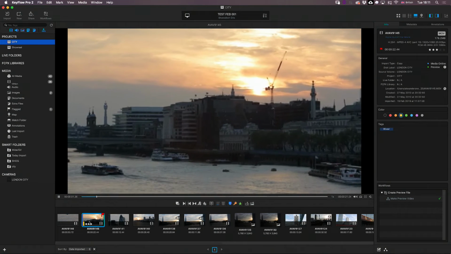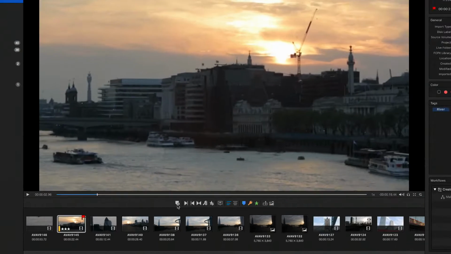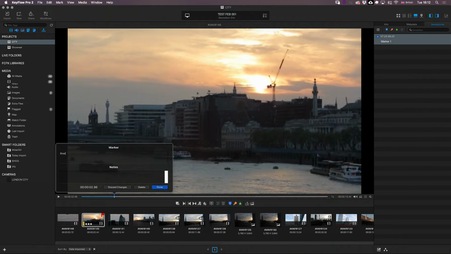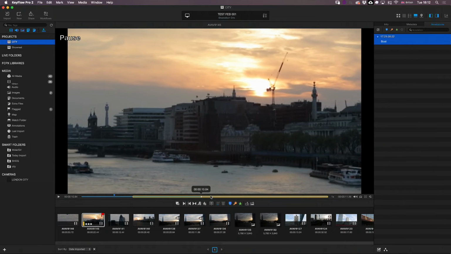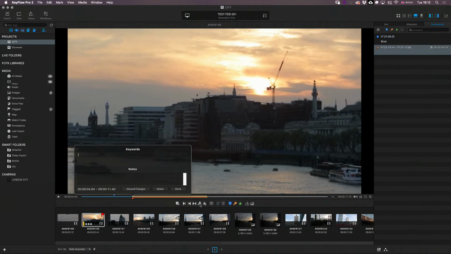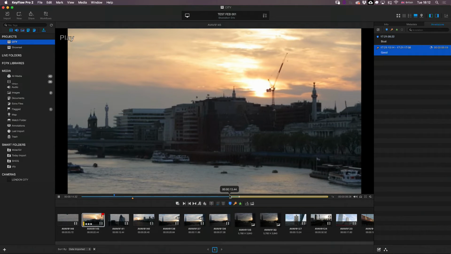But what I actually want to do is to add markers, keywords to parts of the clip. To start with, I can add markers. A marker is just one frame. Let's call that boat. I can use all my J, K and L standard shortcuts here. I can, of course, drag and select. Now I'm going to add a keyword there. I'm going to call that good. Bit of a boring keyword, but there you go. And then I'm going to come a bit further down here, and I'm going to add a favorite, and I'm going to call that